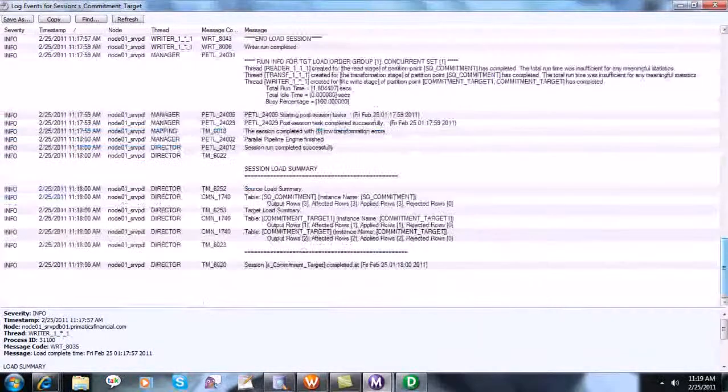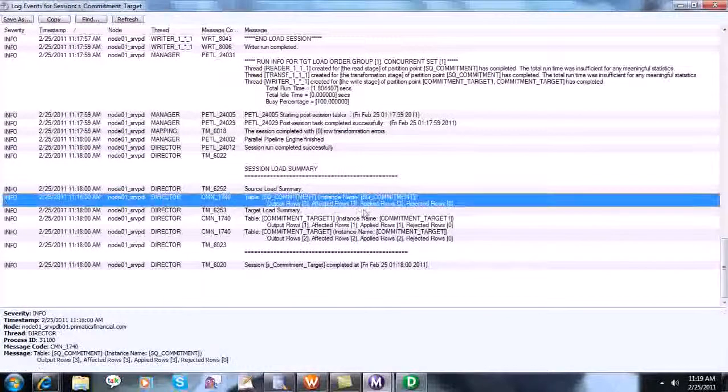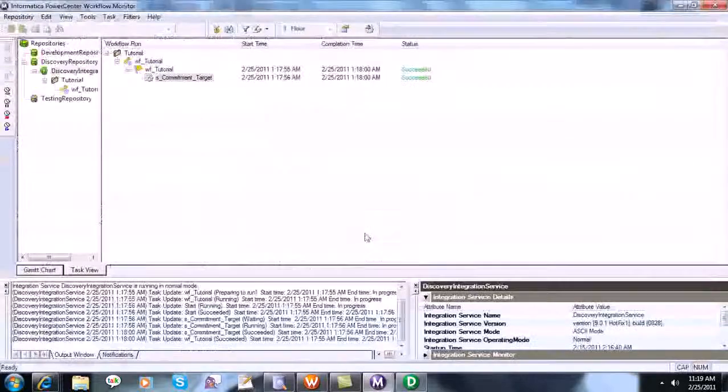In the first one, commitment target 1, applied 1, affected 1, requested 1, and for commitment target requested 2, applied 2, affected 2. So these are the summary for the targets, and this comes up with this session.